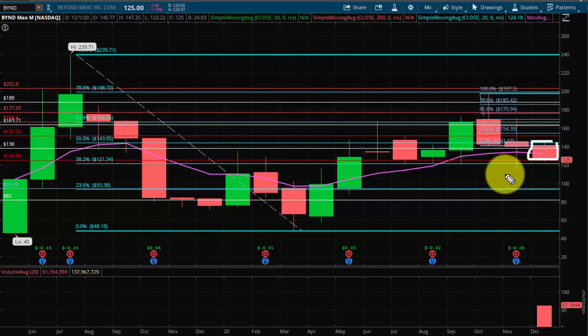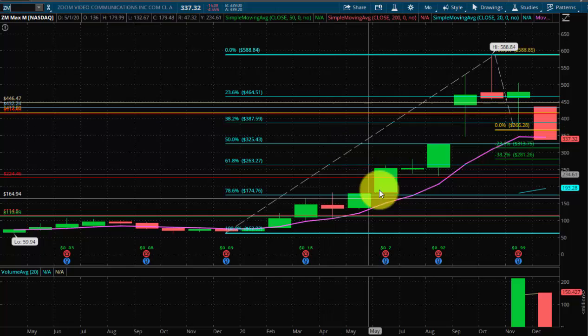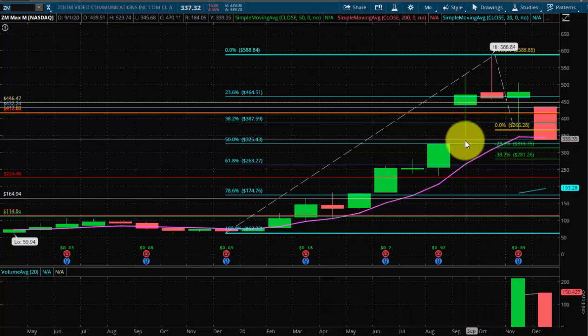And the reason why this is such an ugly chart is because if it cracks the 121s, it's got nothing. Okay, it's got nothing. So if you are watching this on the short side, that's the key breakdown point. Okay, it's got no support under that, right? Barely anything. Now, last one is Zoom, which I kind of feel a little bit bad about not putting out a video last Sunday. I mean, it was the holiday season. I couldn't.